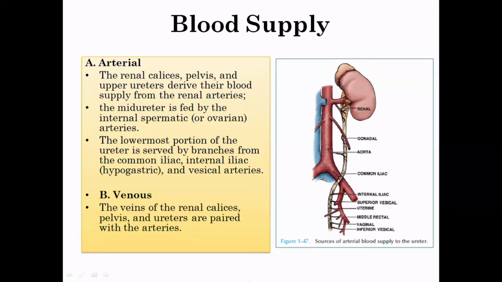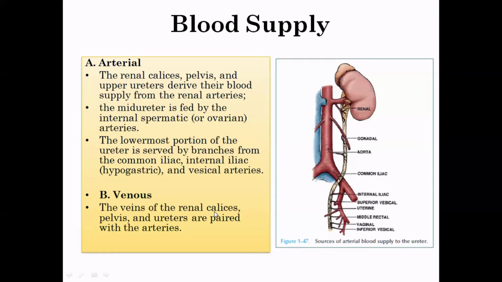If you are observant, what you can observe is that in the abdominal portion, the blood supply is coming medially. Look at this, all of these are coming medially, whereas in the pelvic portion, it is coming laterally. So what does this say? If you are doing surgery, you have to save this medial side. You don't open this ureter from the medial side. You have to do it from the lateral side, whereas it's the opposite in the pelvic part. That's why it's important.